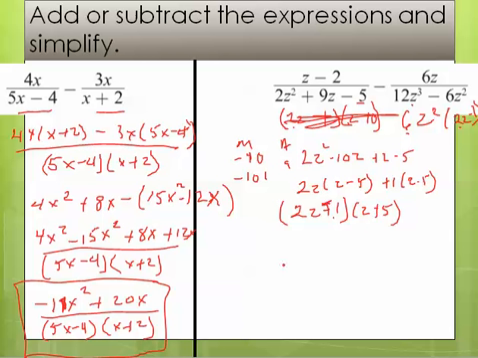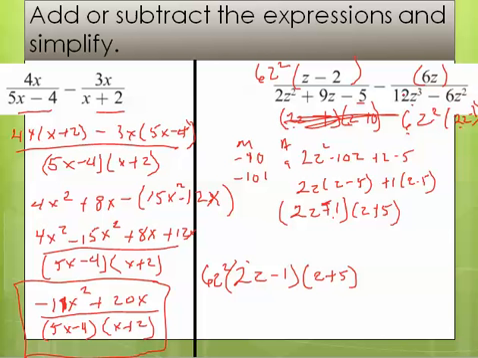So my common denominator in this situation is 2z minus 1, z plus 5, and then a 6z squared. Well, that means I needed to multiply this times 6z squared, and I need to multiply this times z plus 5 to get my numerator. So that's going to give me a